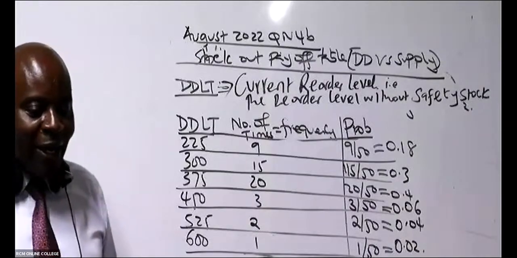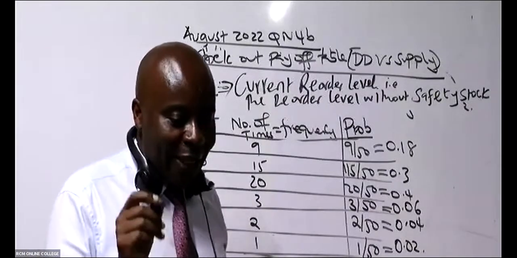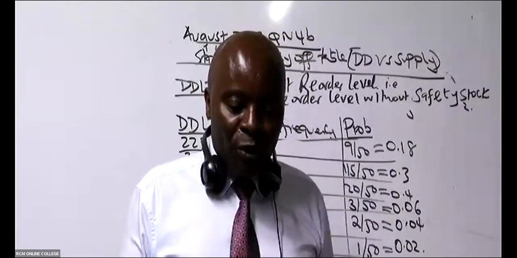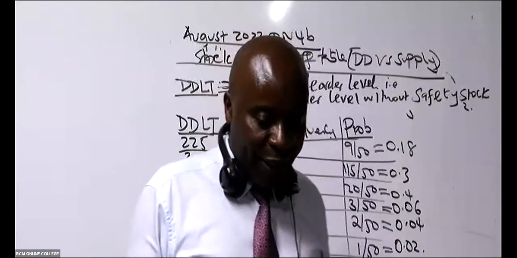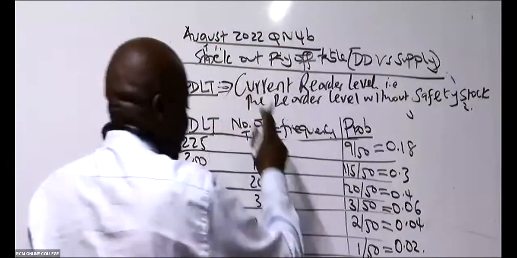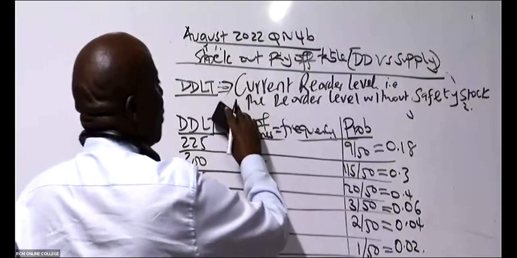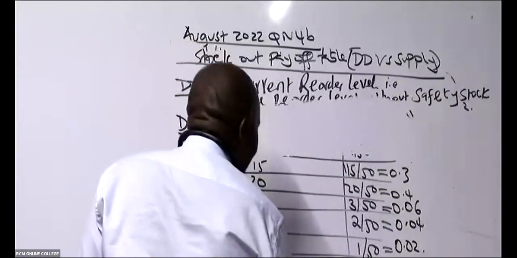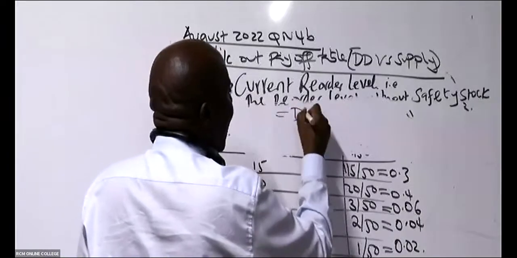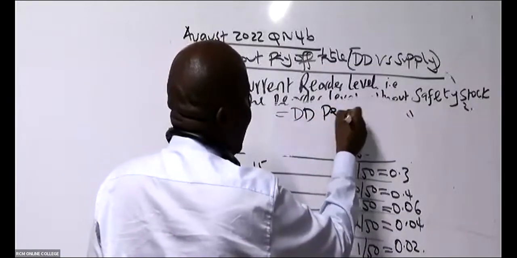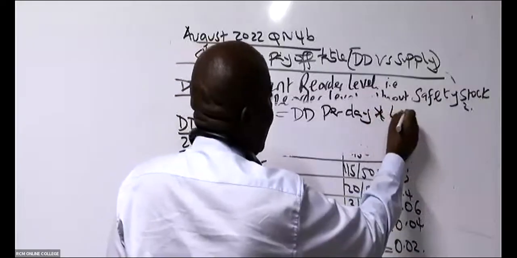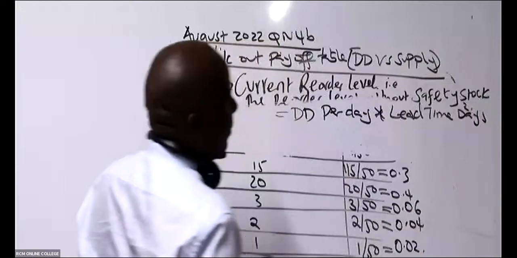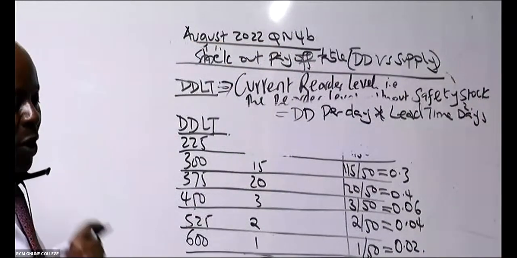Additional information 1, you see that is not quantity. That is not quantity, Lavi. You see, this demand is always in terms of what here? In terms of units. How do we get this reorder point or reorder level? You ninjas, you have already given me a formula. You've told me, Mwalimu here, take demand per day times lead time days. That's how we get reorder level.